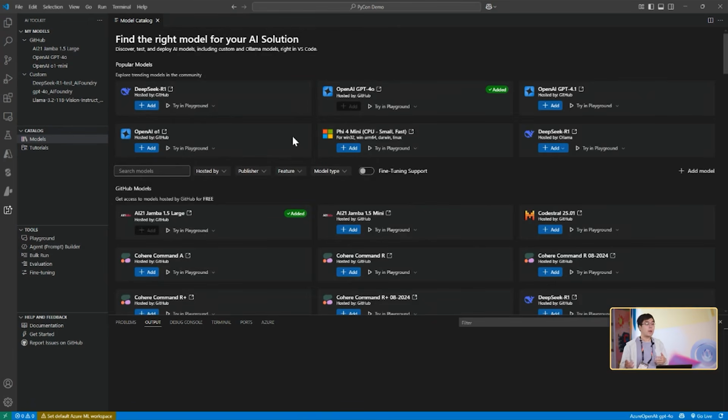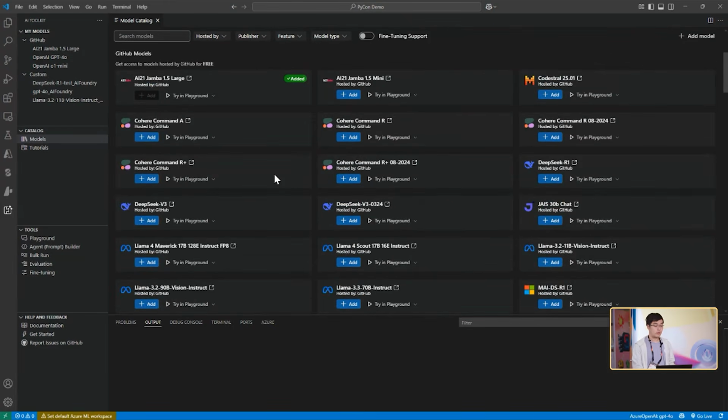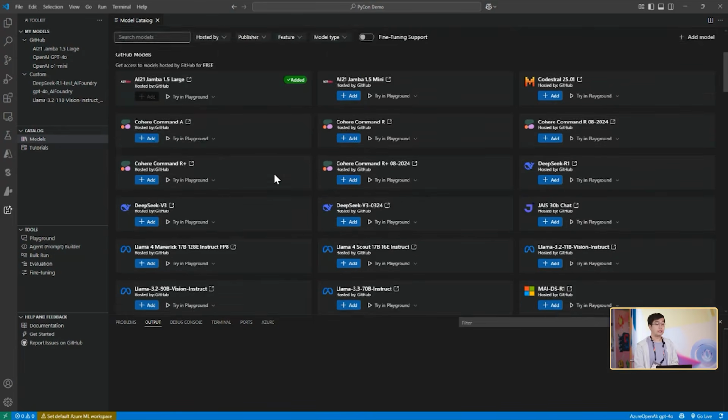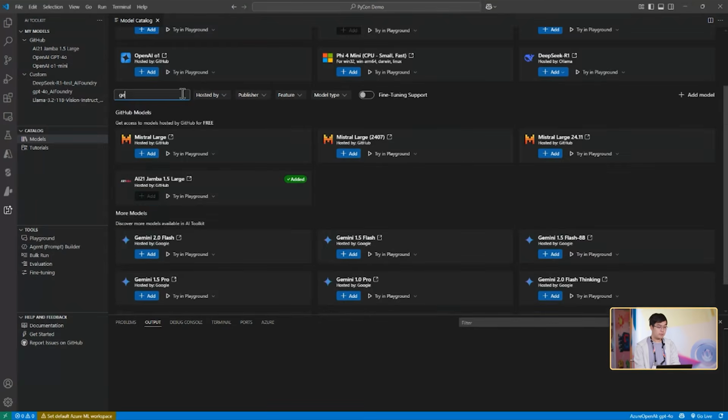On the top, we will have a list of popular models that's curated by the AI Toolkit team. Some of the ones up here are the DeepSeek models, GPT family models, as well as other ones. And under here, we have all the models that we have available in the extension. So you can search for it. For example, I can search for Gemini-based models,